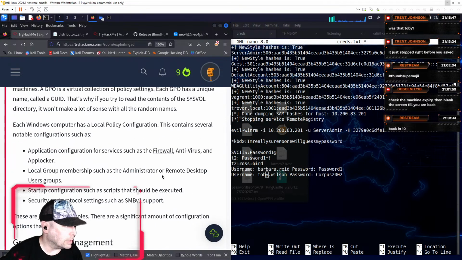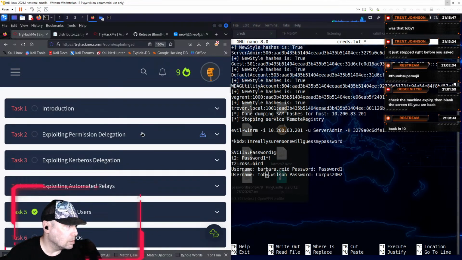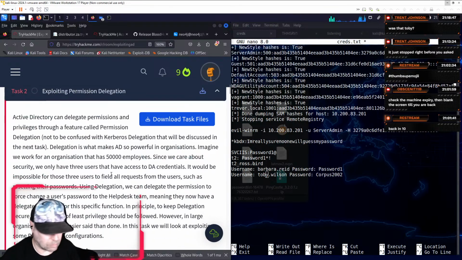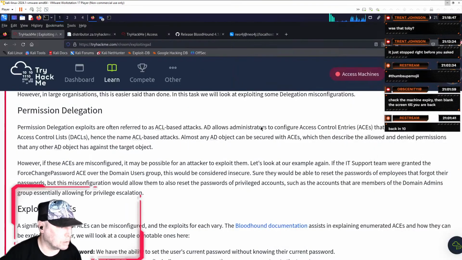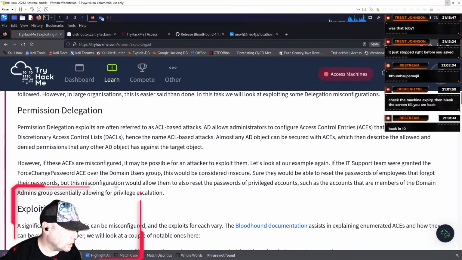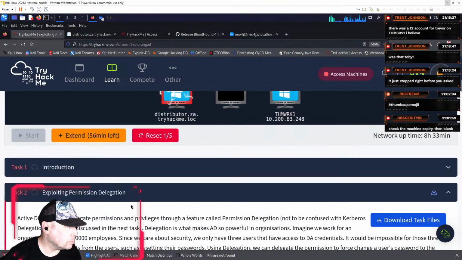Let's go back a little bit. This is the one part of the task that kind of concerns me. Let's expand this for the time being. Toby. Is that a different room entirely?